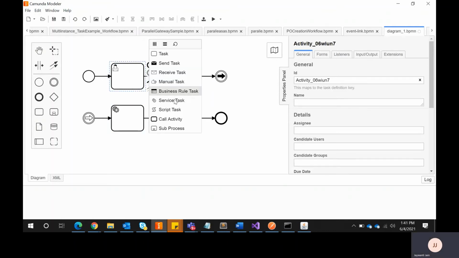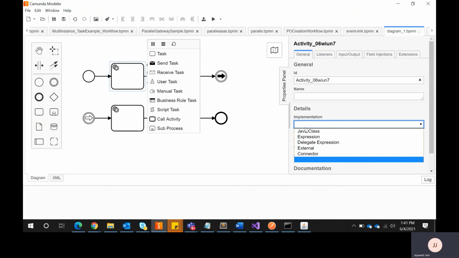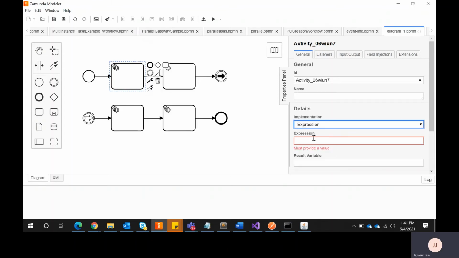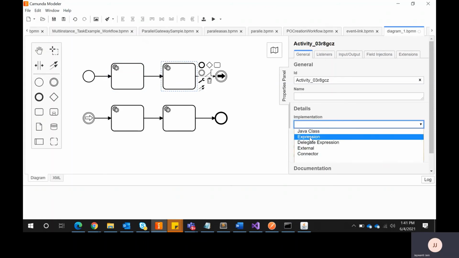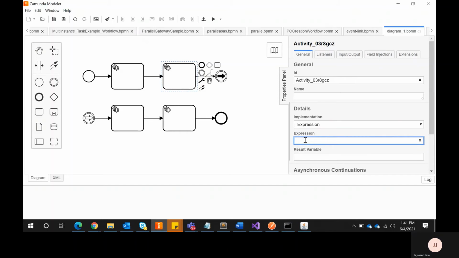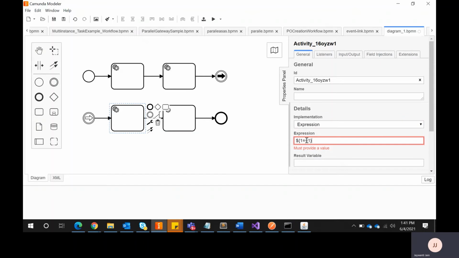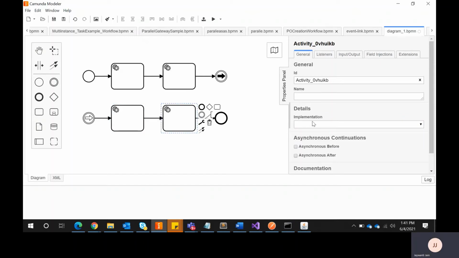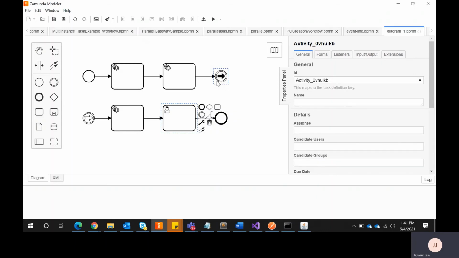I'll make the changes. This is my script task, and as of now for dummy, I'm calling an expression here, just to give you a demo of how this will work. The same thing I need to write here, expression. Right now I am attaching a user task, otherwise it will end the process. I don't want to end it, I just want to show you the demo.